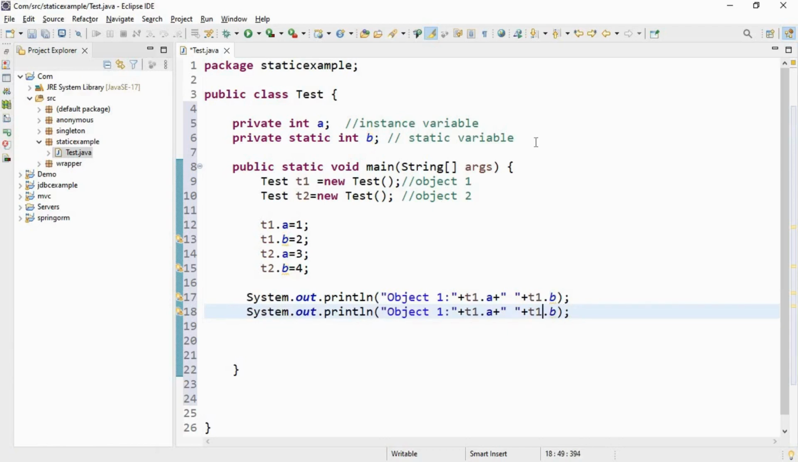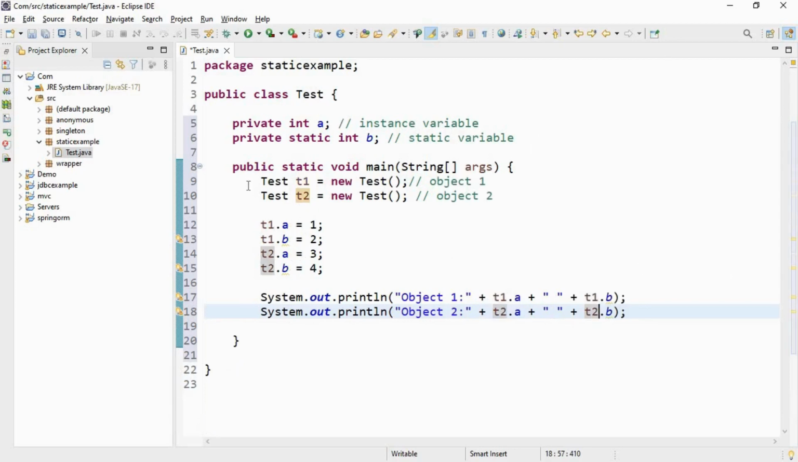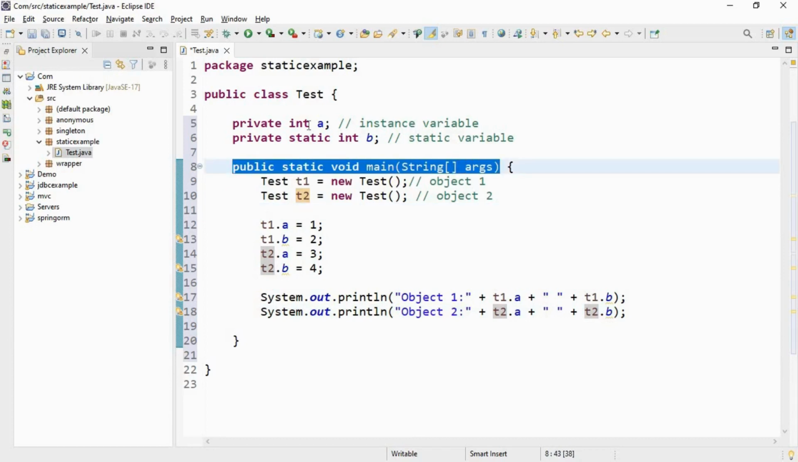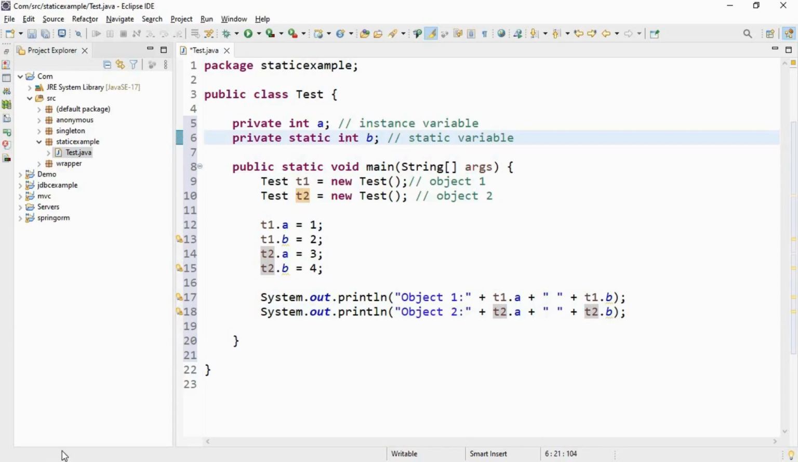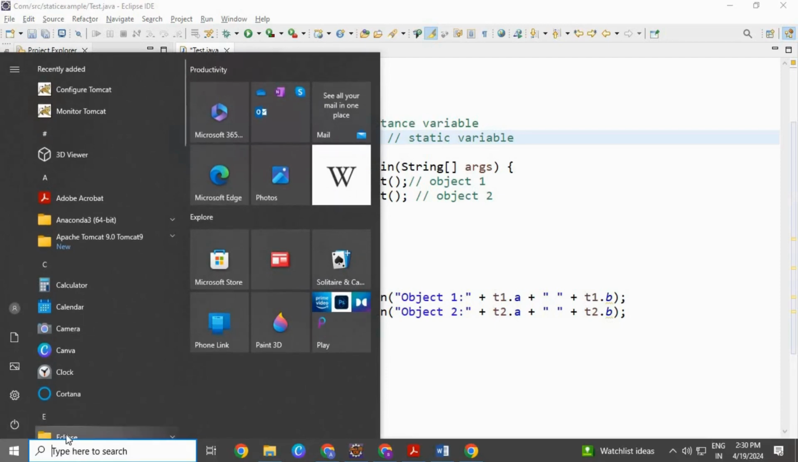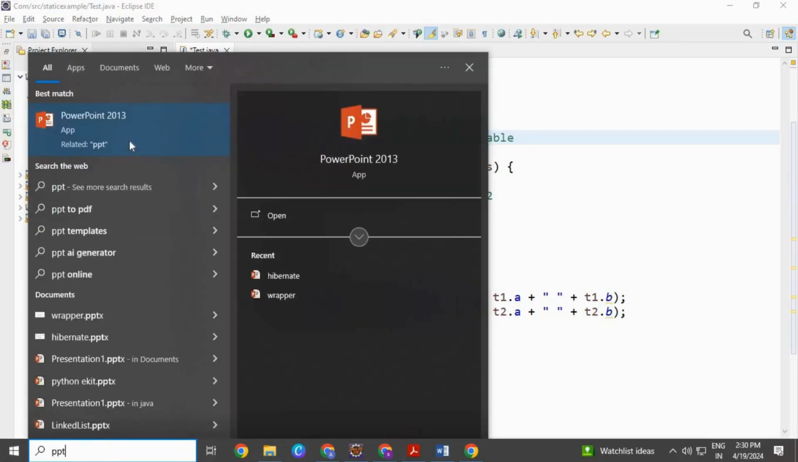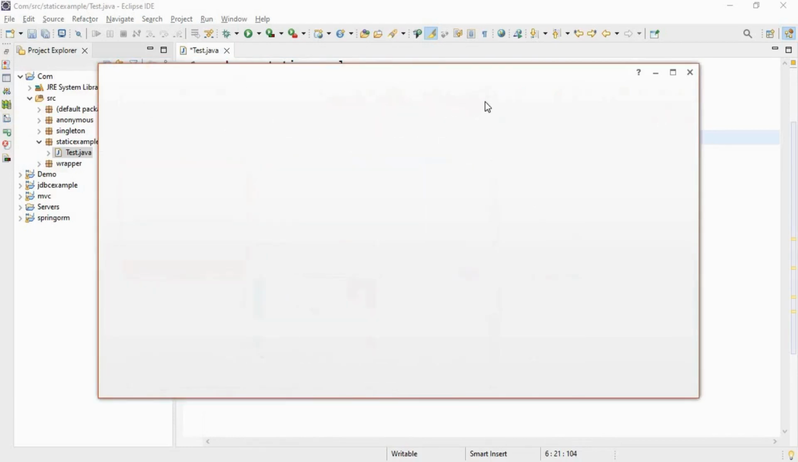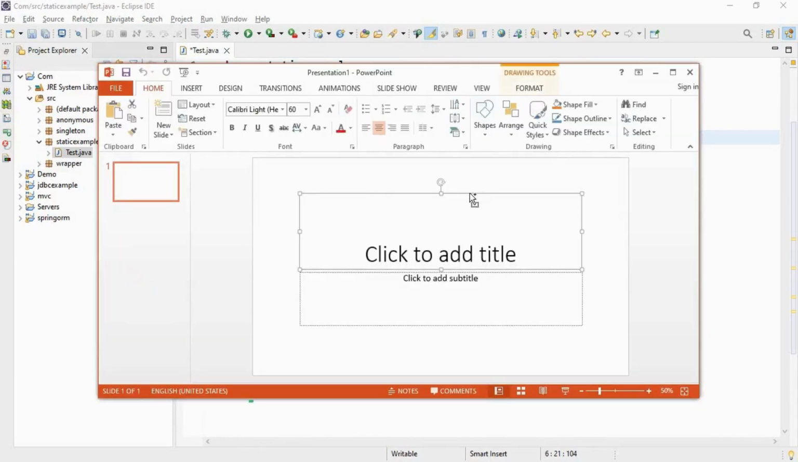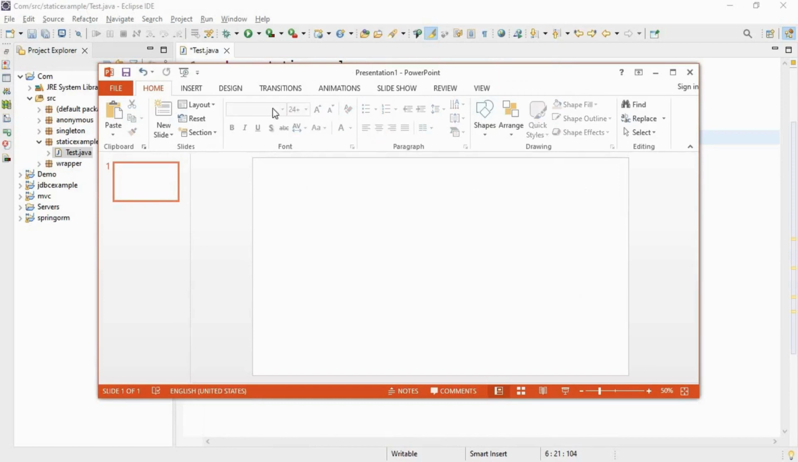Let's just copy and paste the data. It will be an easier way. Then let's change it. Save your code. Okay, there are two objects T1 and T2. This is my main method and these are the two variables of class Test. Okay, I'm just copying this data to show you what happens theoretically when we use a static variable. So for this